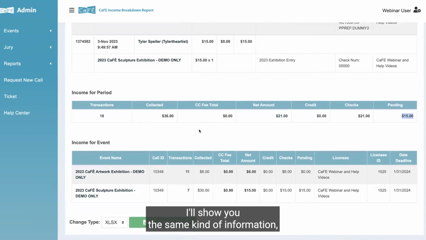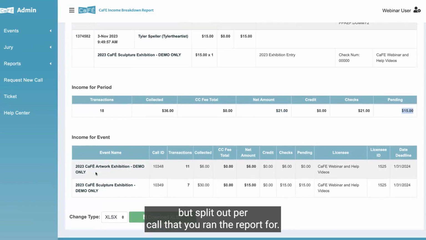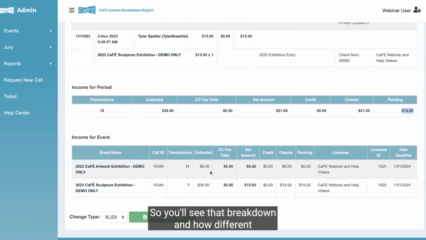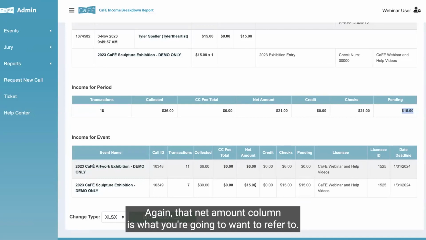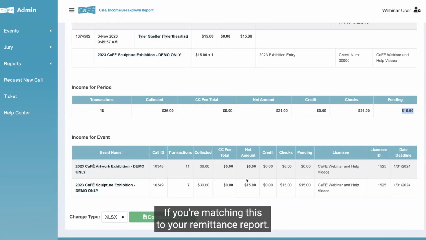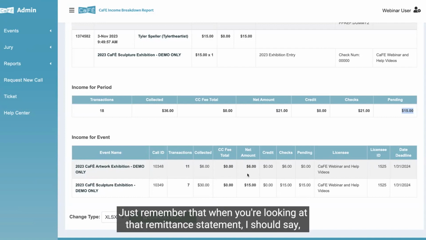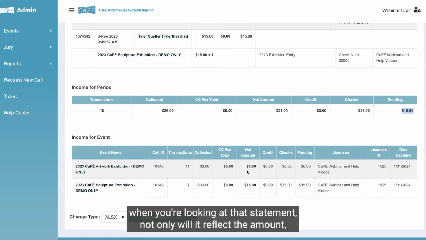And then down below, it'll show you the same kind of information, but split out per call that you ran the report for. So you'll see that breakdown and how different calls are bringing in different income. Again, that net amount column is what you're going to want to refer to if you're matching this to your remittance report. Just remember that when you're looking at that